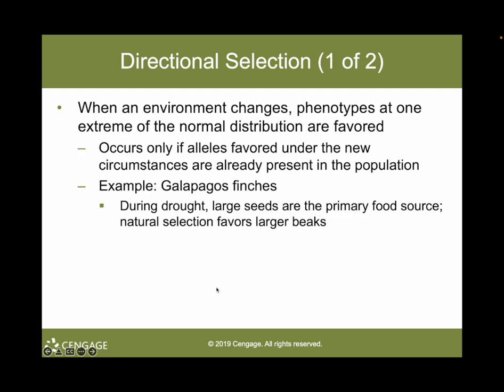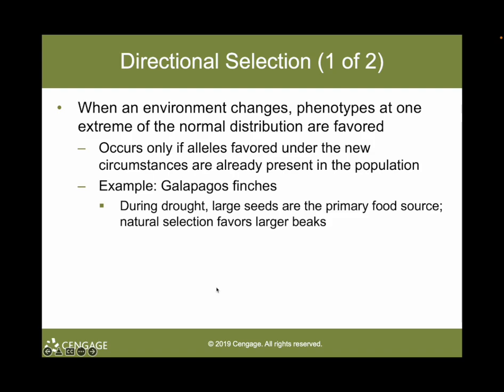However, directional selection occurs only if alleles favored under the new circumstances are already present in the population. Darwin's finches provide an excellent example of directional selection. Since 1973, the Galapagos finches have been studied by Peter Grant and Rosemary Grant from Princeton University, who did a meticulous analysis of finch eating